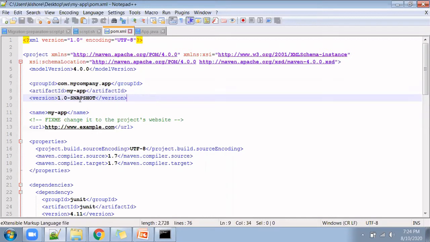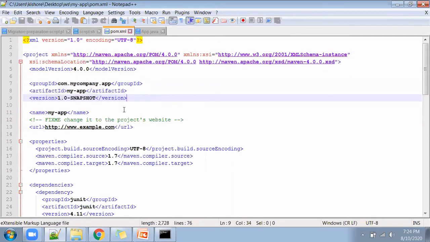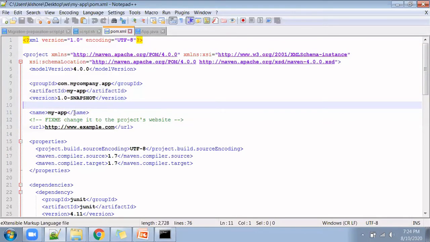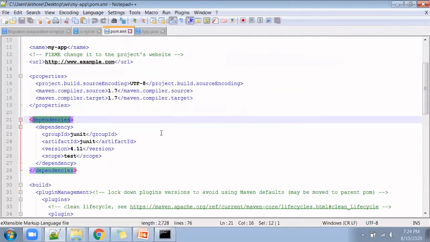This name structure it will follow. If you leave that apart, Maven needs some plugins. These plugins can be downloaded dynamically while running the build basically. So that is why the dependencies section is mentioned here.